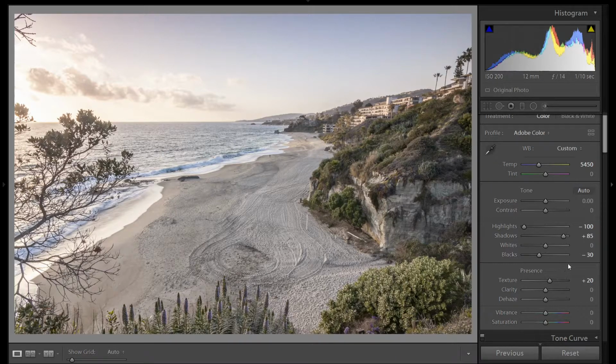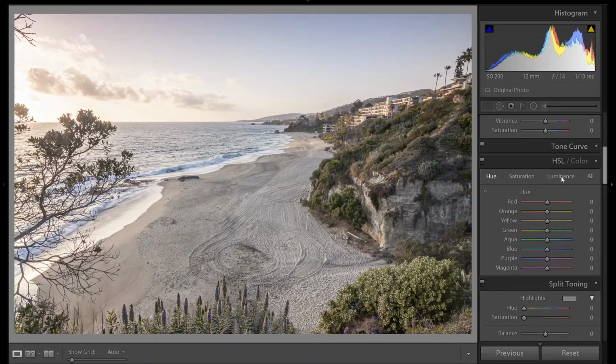Now let's go down and see what we can do about the sky. I always start on luminance. Let's try and darken up the orange and yellows and blue, the colors we see in the sky. We're just going to do a little bit. After I do luminance, I bring the saturation up on those colors that I just adjusted. It helped a little bit, but the sky isn't where I want it, so we're going to use the graduated